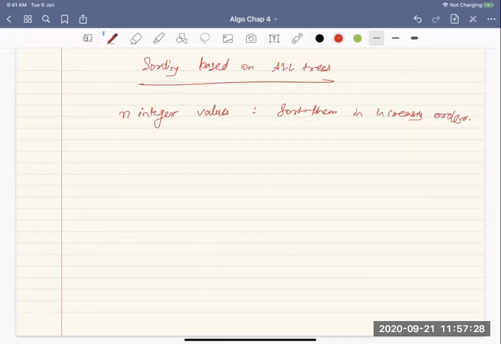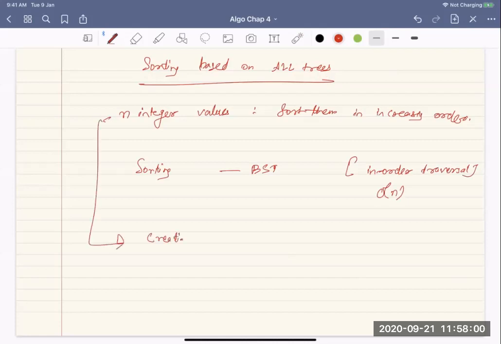As soon as you hear the terms sorting and trees, I mean any BST, what comes to your mind? Sorting and BST. Yes, the in-order traversal. And how much time does in-order traversal take? It takes order n time. If n nodes are there, it takes order n time to traverse them, and that will be the sorted order. So the only complexity lies in creating an AVL tree